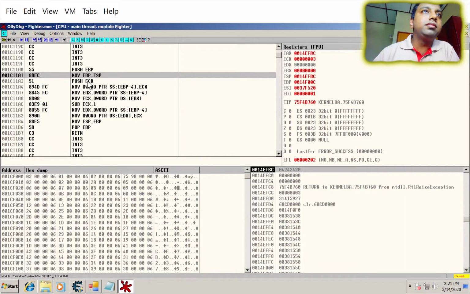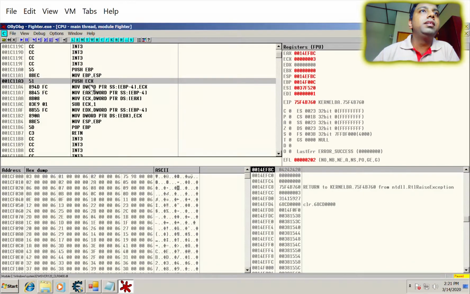Now EBP is also pointing to the ESP, so both point to the top of the stack. So now we have a stack. If you have local variables, there will be another line called sub ESP, let's say 4, if you have a 32-bit integer in your method. So it's a method local variable. That's why